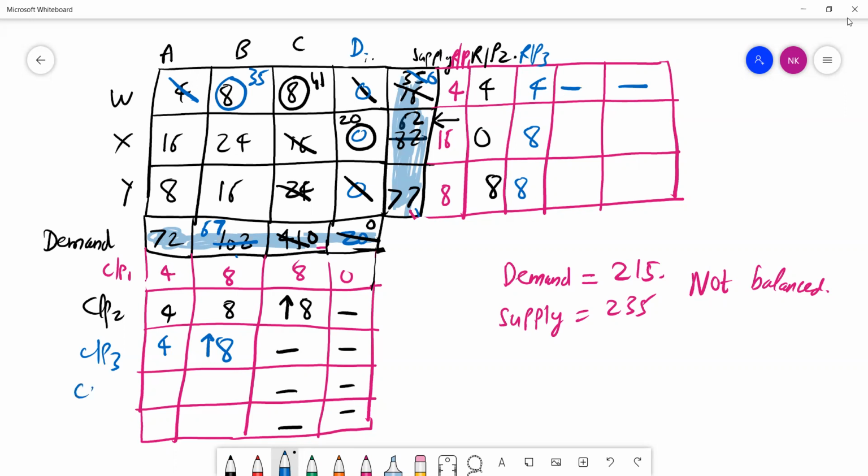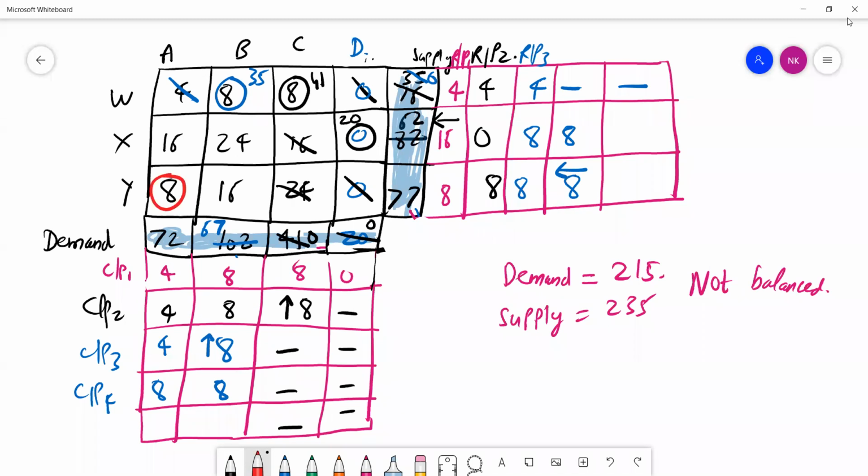Carry on the same process, column penalty 4. It's 8 and 16, so 8. This one is also 8. In this particular case, the second row, it's 16 and 24, so it's 8. 8 and 16, it's 8. So let's say we are looking forward for either the row or column. You can look for any of the values. So let's say we are looking forward for this particular 8. You can just randomly select anything. There is no issue. I will be taking just 1 more minute to complete this thing.